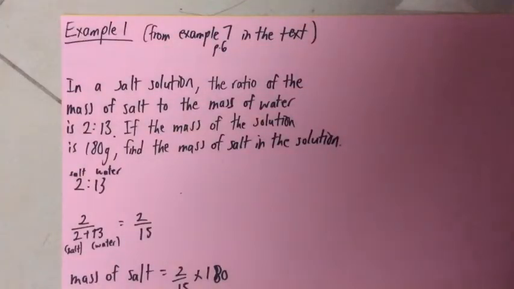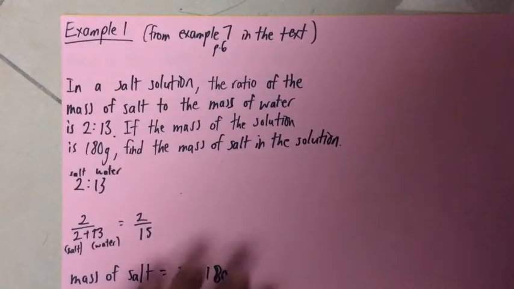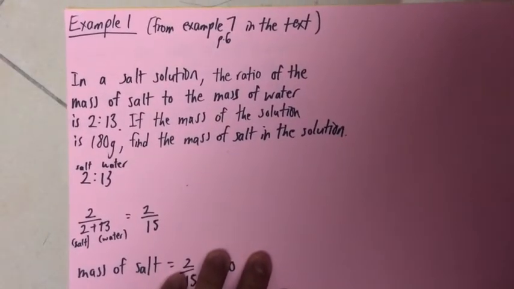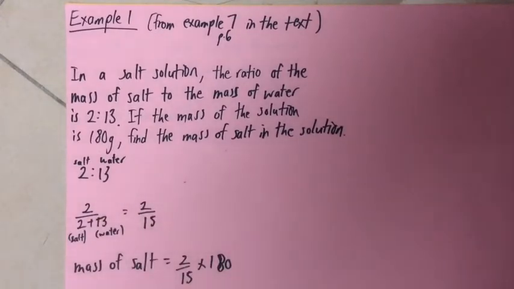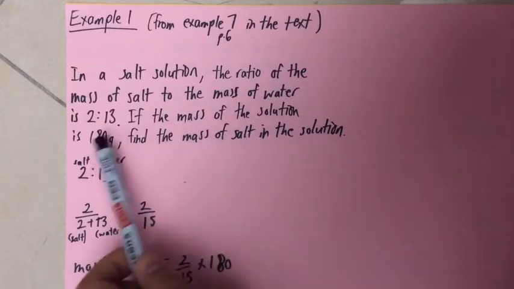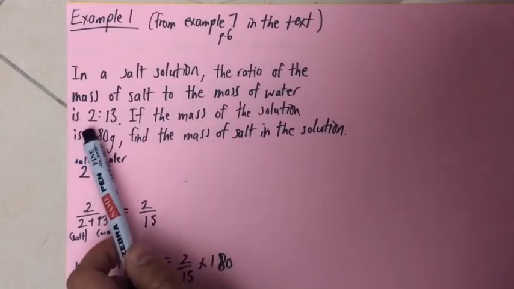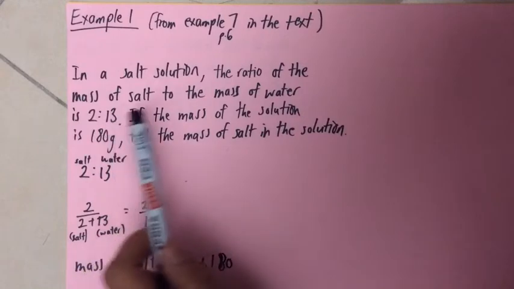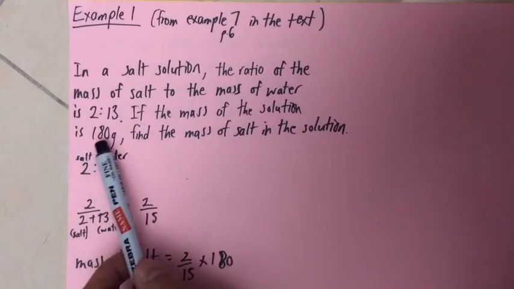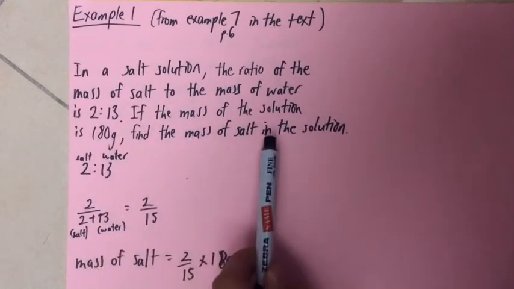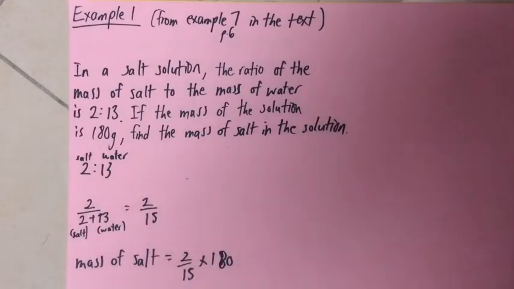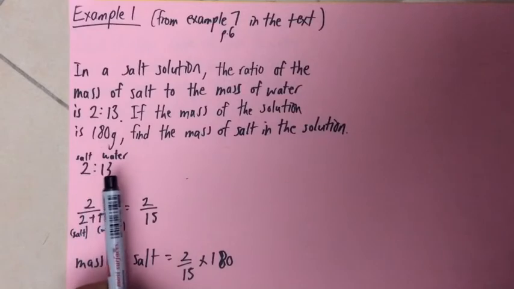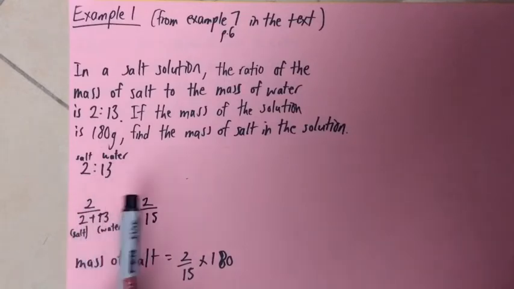Alright, so let's look at example number 1. This is taken straight from the textbook, and we already have the solution, so we'll go through it together. In a salt solution, the ratio of the mass of salt to the mass of water is 2 to 13. If the mass of the solution is 180 grams, find the mass of salt in the solution. Okay, so we know that the ratio of salt to water is 2 to 13. That means